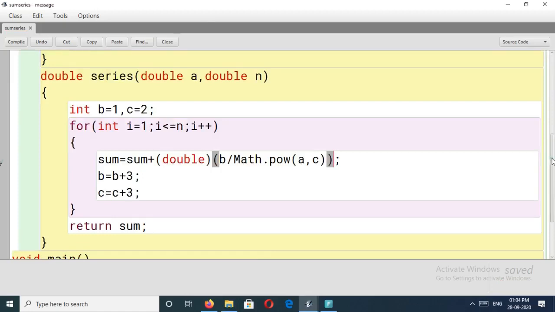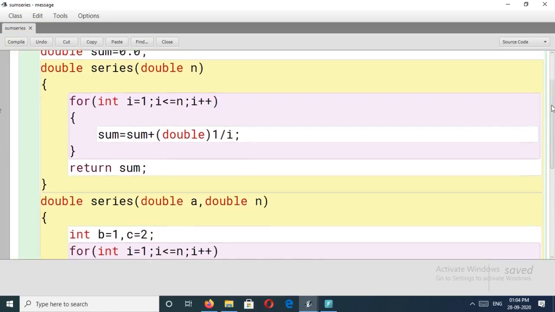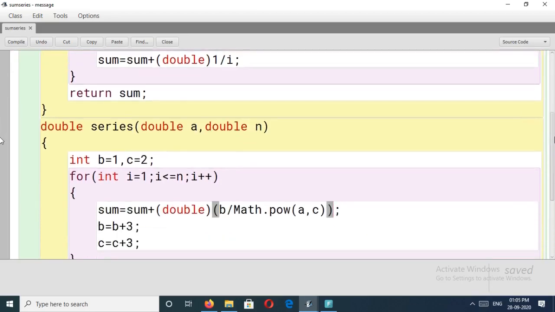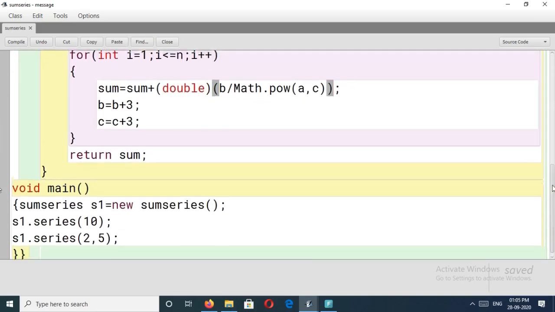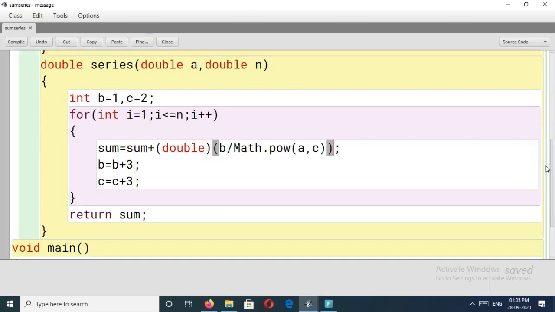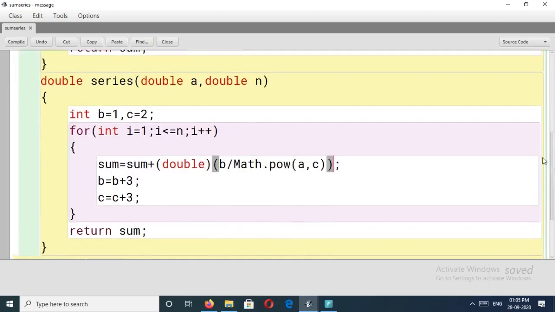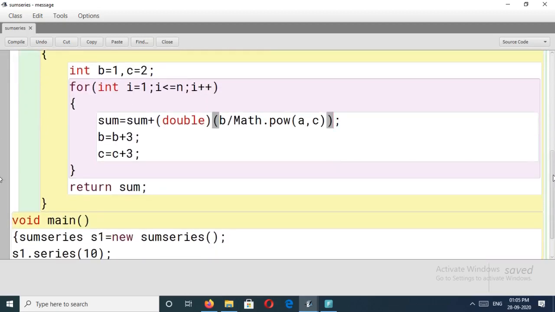Thank you once more. Let's go through the program. You can refer to this program for this question. Understood all of you? I think all understood this one. It's very simple. Easily we can do this one. Okay, thank you.